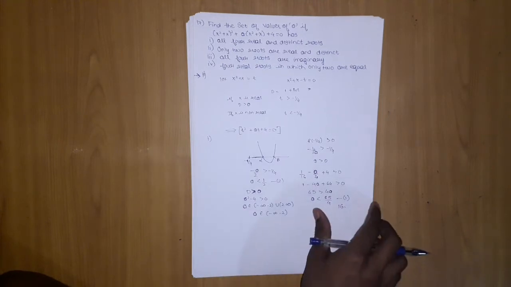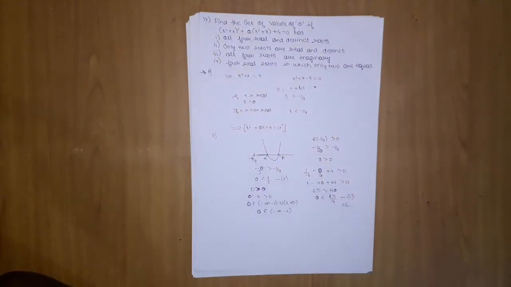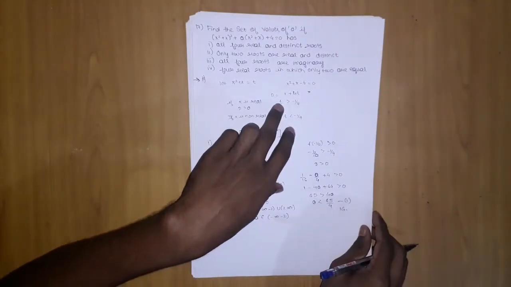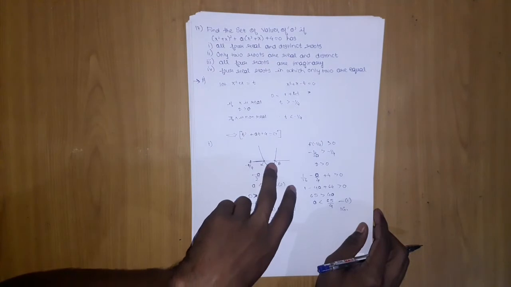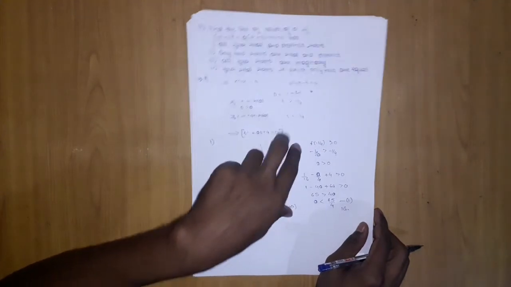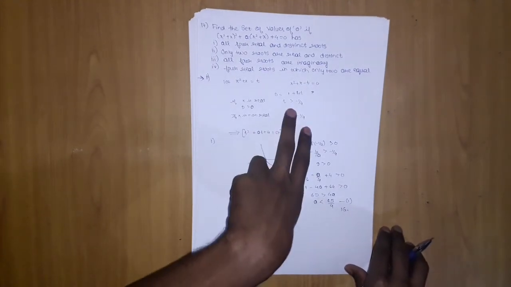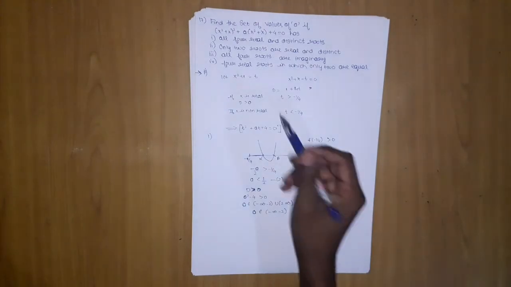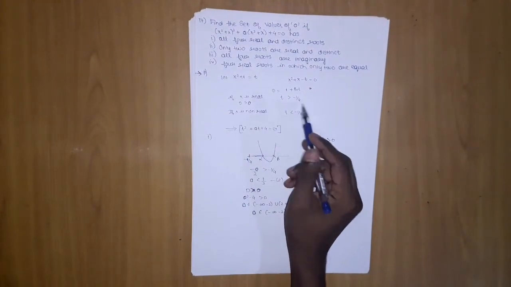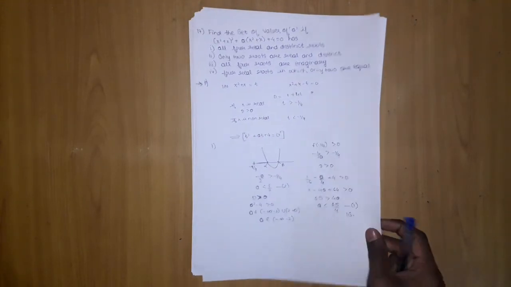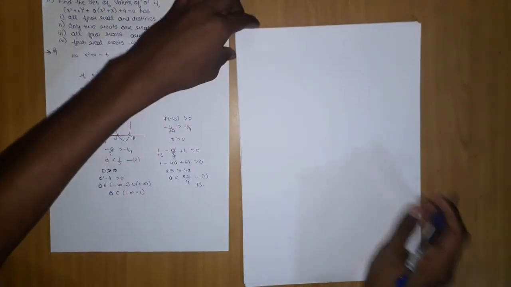Now moving to 2, which says only 2 roots are real and distinct. Now I know this contains 2 roots, and this contains 1 root. After this there will be a root. This will decide the condition for the 4 roots to exist. After this, these 2 can be roots, and it will give 2 roots through this. Now we will solve the second one on another page.